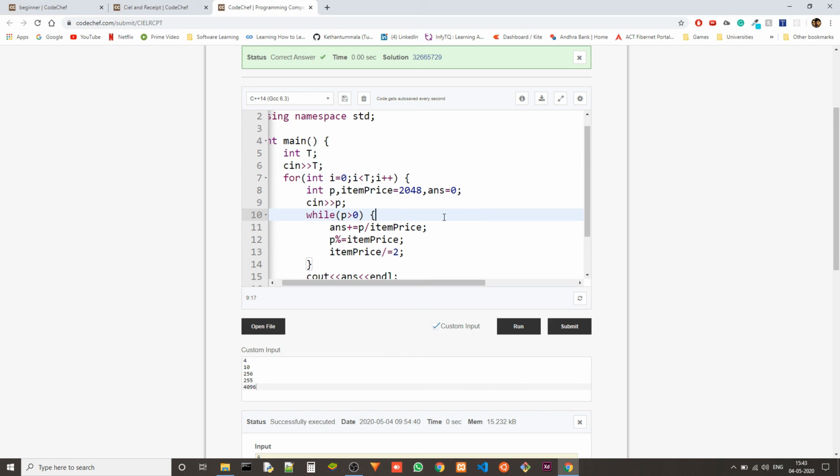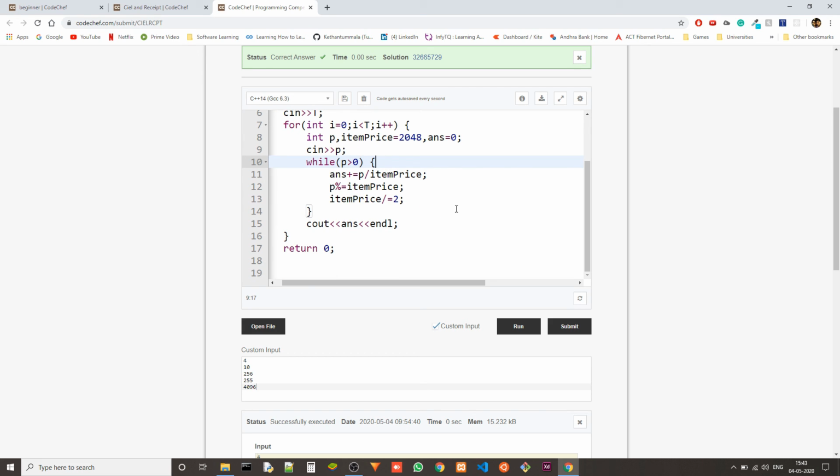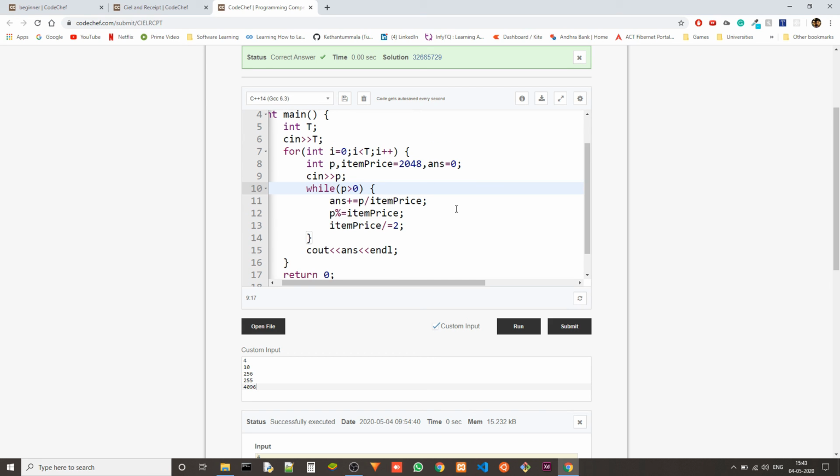And then when we come to space complexity, do we have any collection like an array or a linked list or anything? No, we just use a couple of variables. So we know that there are constant number of variables in each iteration, like in every test case. So the space complexity is also constant, order of 1. So with that, this is one of the best algorithms that you can use for this problem. So the time complexity is order of 1 and the space complexity is also order of 1, right?